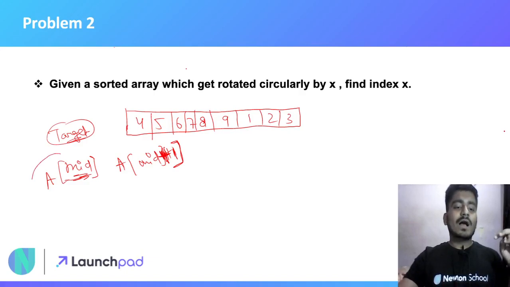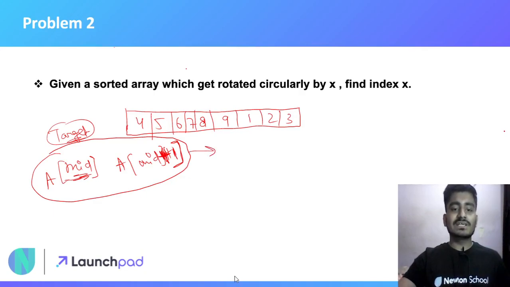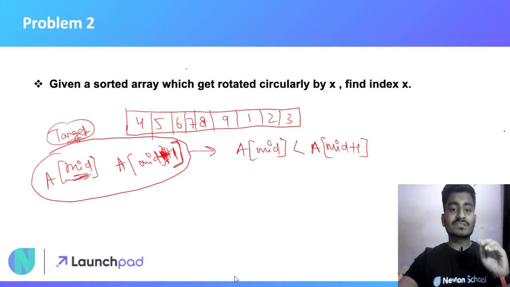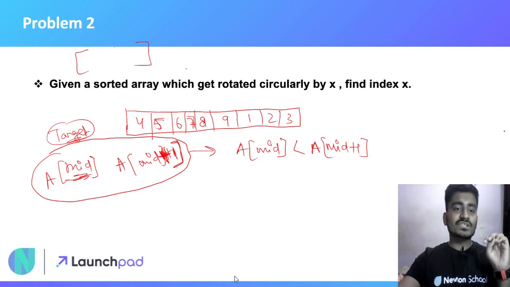So I have two values for every index, and first I will compare these elements. The first possibility is a of mid is less than a of mid plus 1. If it happens, it means you have to do some operation on your range.